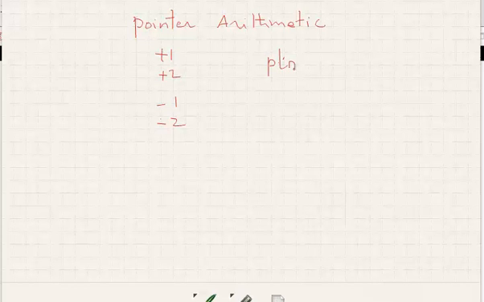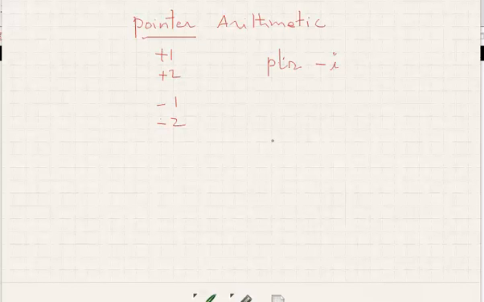Let's say PTR minus i could be something. When you do addition or subtraction operations on pointer variables, they actually point to a